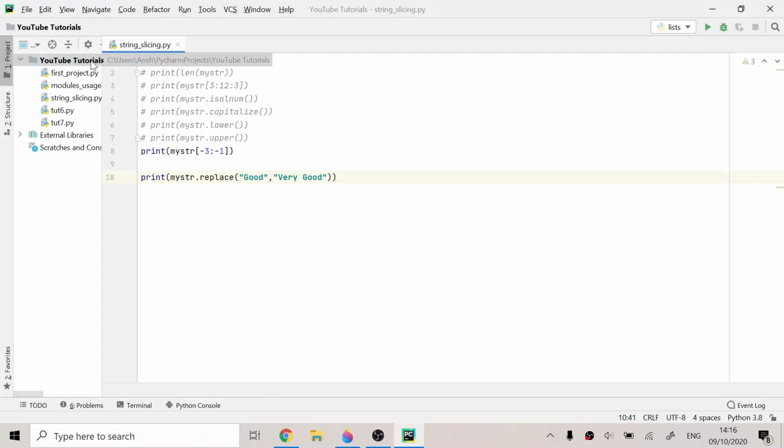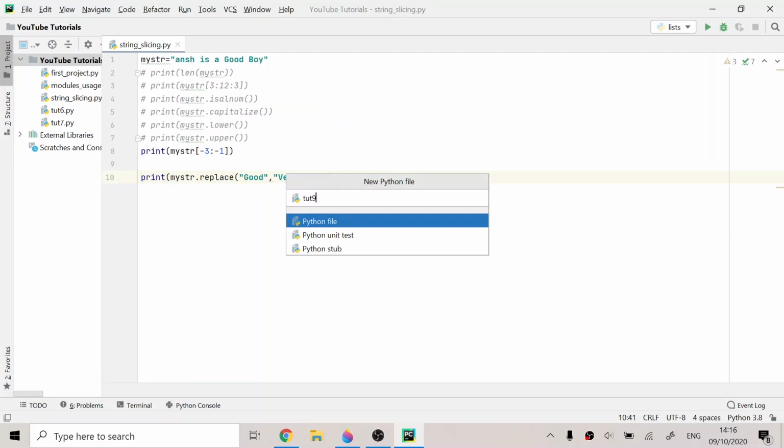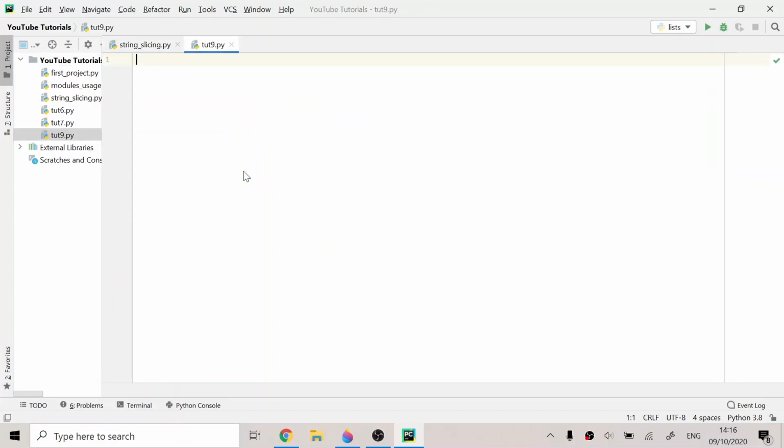So as I make a new file, I'll name it Tut9, as this is the ninth video, and I'll name the list, and we put a square bracket in order to make a list. So as I've made this square bracket, I can write 98, and we have to separate the items of the list by using a comma. So 98, and then if a student gets 78, then 89, 100, and 91. So for example, we have a list here that contains the marks of 5 students, and I'll create another list